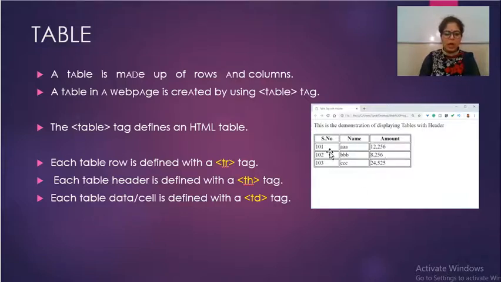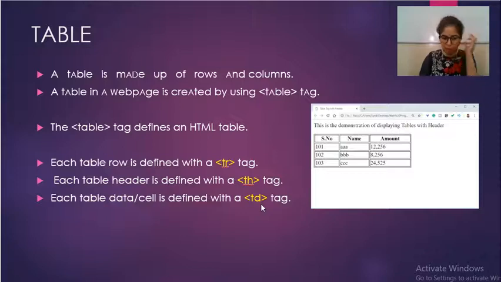We use the tr tag to create every row of the table, and the th tag to give headings. The headings in the first row are serial number, name, amount, because we have used th tags. When you have to enter data in every cell, you use the td tag.